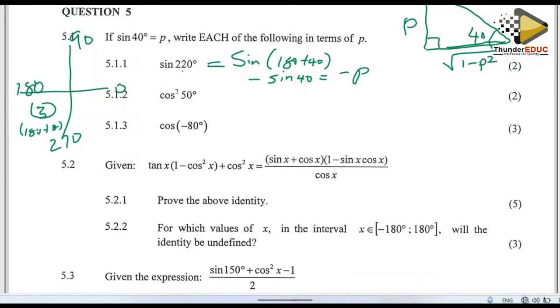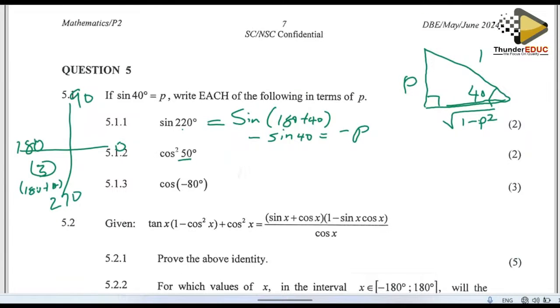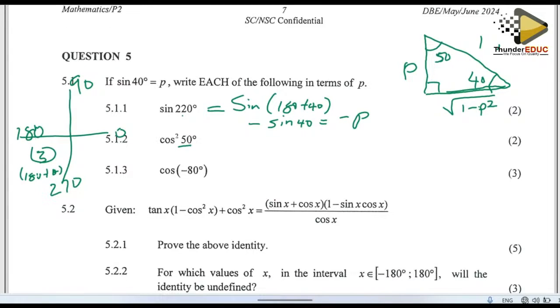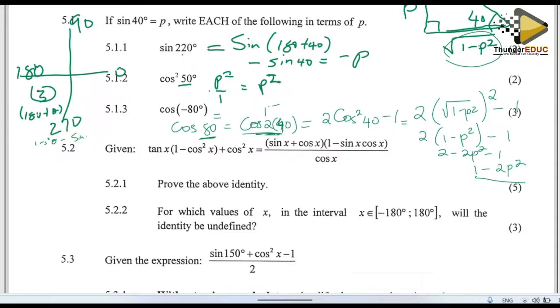Okay. Then the next part, they're asking for the cos of 50, cos squared of 15. So we know that from this triangle, if this is a 40, this is going to be a 50, if I choose to use the sketch. And then for cos, I know that cos is adjacent over the hypotenuse. So that's going to be p squared over 1, or p over 1 squared, which is the same as p squared, because we know that 1 squared